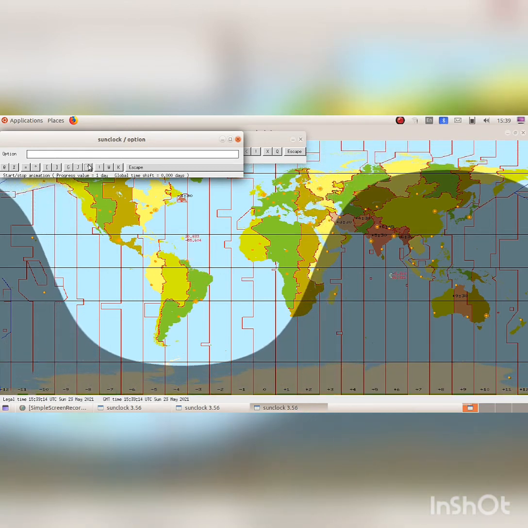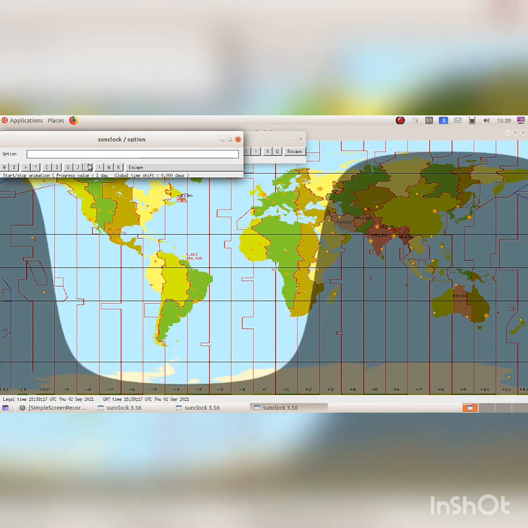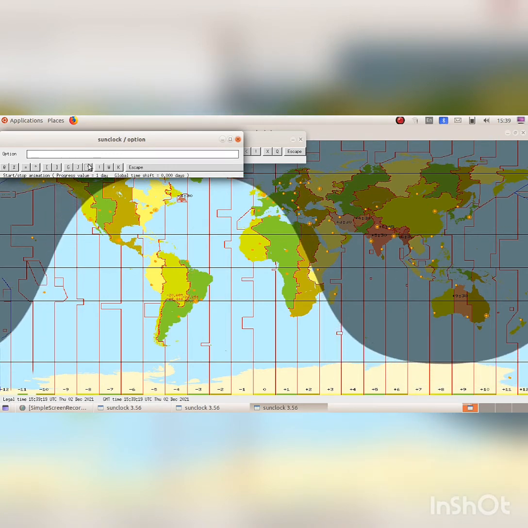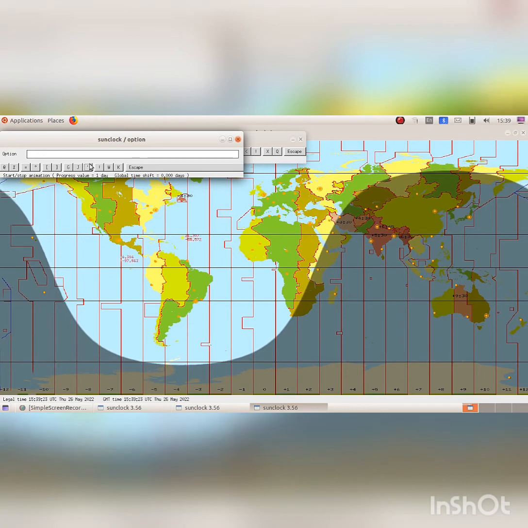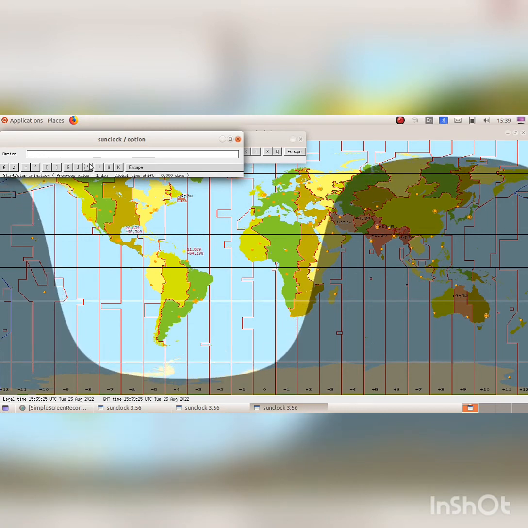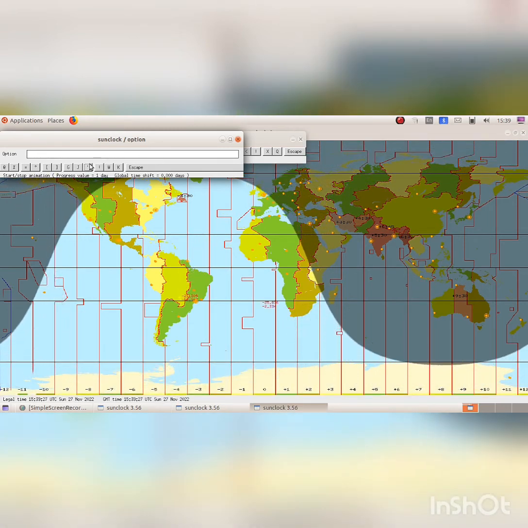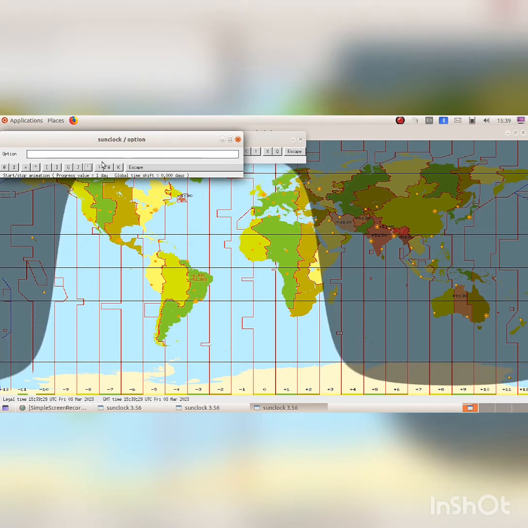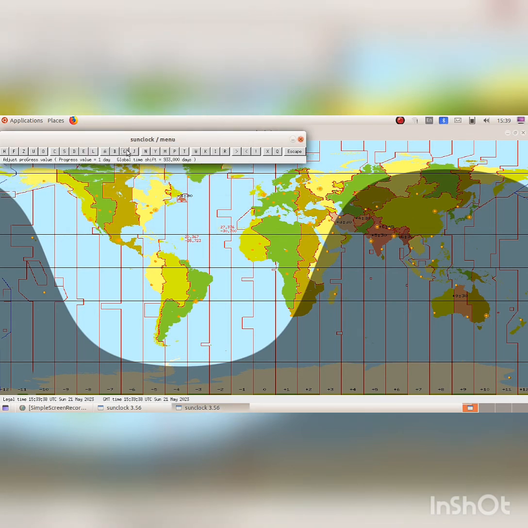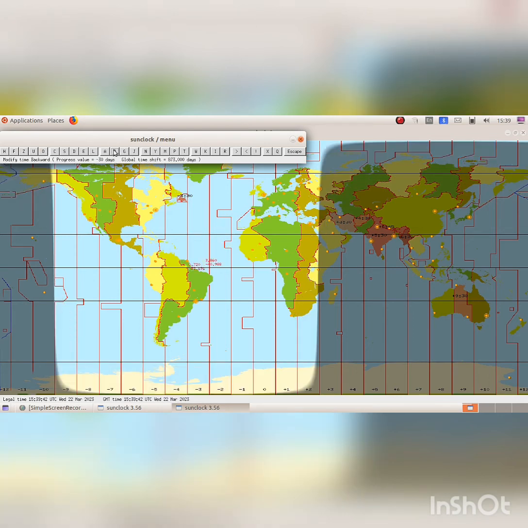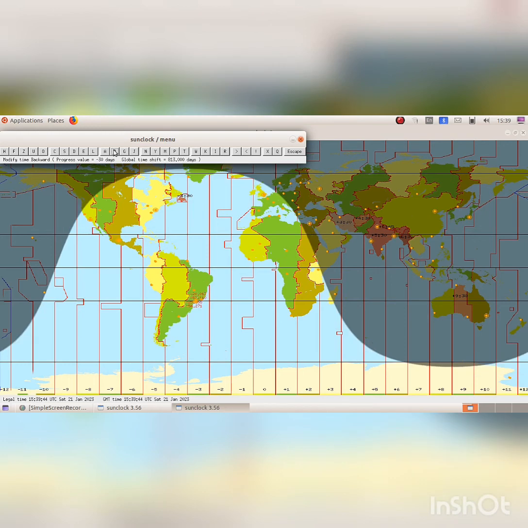We can see the movement of the sun as a result of the revolution of the earth. Stop the animation. Find the date and observe the position of the sun. Change the date by clicking the forward and backward buttons and observe the position of the sun.